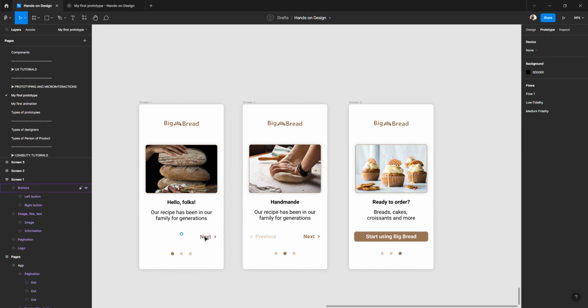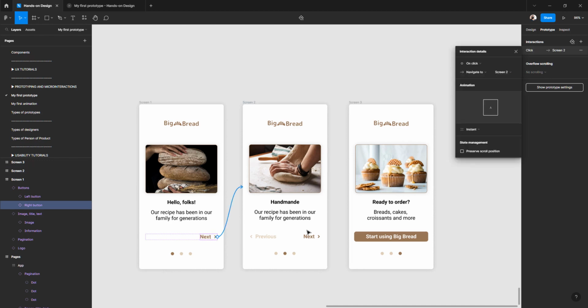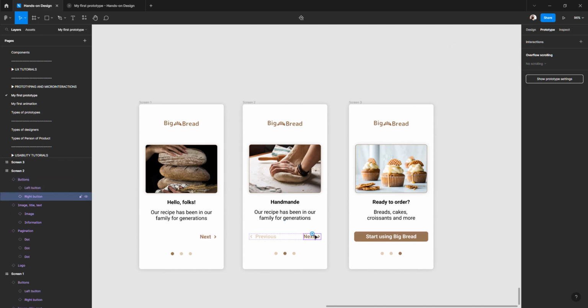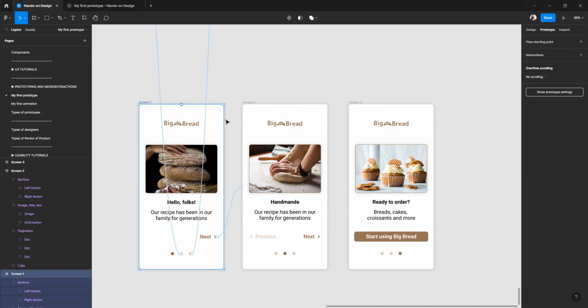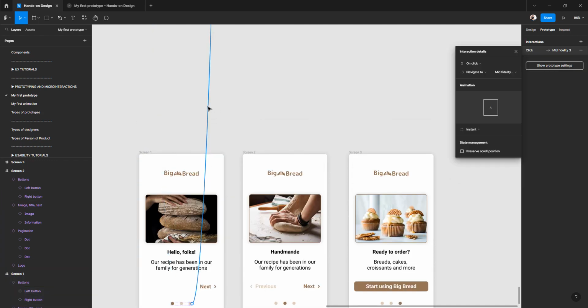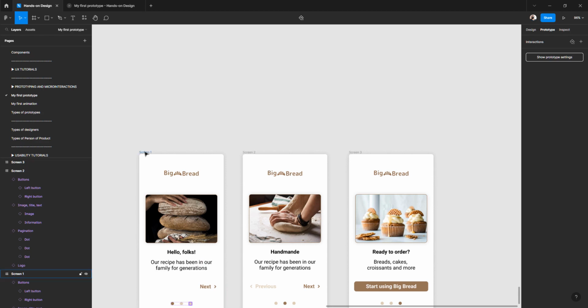I will select only this next here. Make sure clicking twice, as you know. I connected here. On click, navigate to screen 2. Instant, perfect. Then in other tutorials I will show all the parameters over here and animations and so, but for a while only this. Whoops, I will remove, there are things here that shouldn't be here,